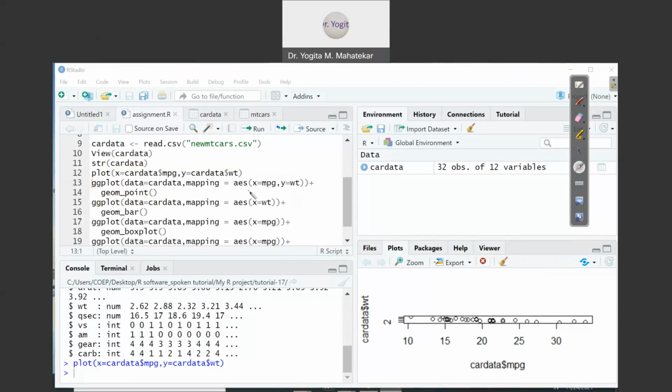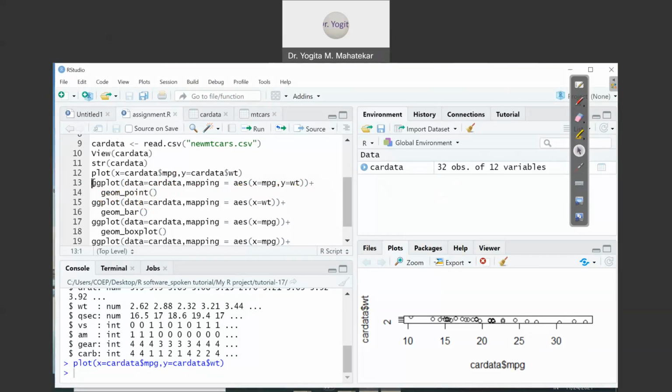And for which variables are we doing it? For mpg and wt. X is equal to mpg and y is equal to wt. AES means aesthetic mapping, and the data used to take these two variables mpg and wt is from char data. So first of all you have to specify your .csv file, or whatever variable name you have given to that .csv file. Then you have to do the aesthetic mapping of these two variables, plus you have to add the points. So let us compile this line number 13.